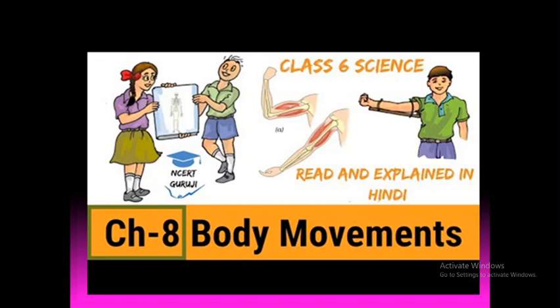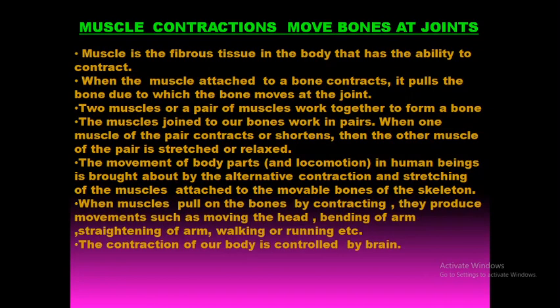Hello, students. So, we are again continuing with the same chapter, that is body movements. Today, we will learn about the muscle contractions and the movement of the bone at the joints. In this context, we will learn about the bending and straightening of the arms. So, the muscle contraction happens, as a result of which the movement of the bones happens at the